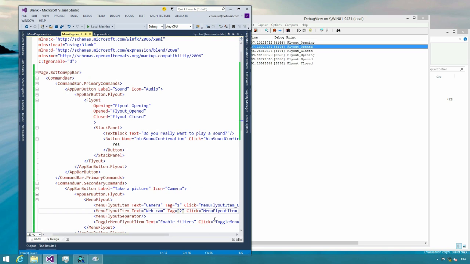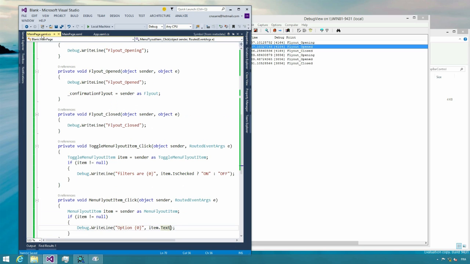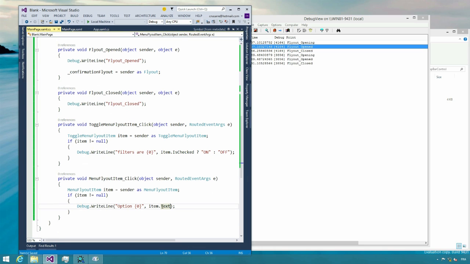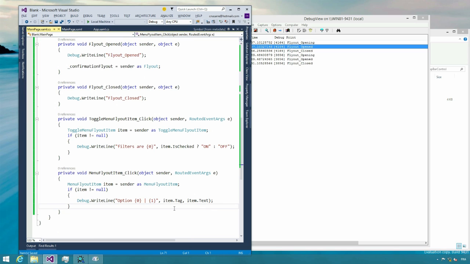We will have one for the camera, two for the webcam, and when we do the difference, instead of checking the text as we are doing here, I can just define something like, let's show the tag first, which would be the ID, and then we will have the text. So here you can make the difference between the two commands. If we run that code,